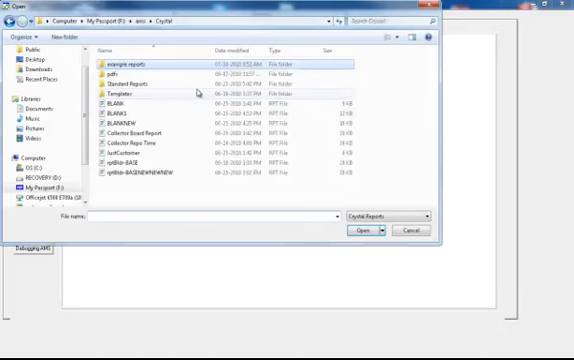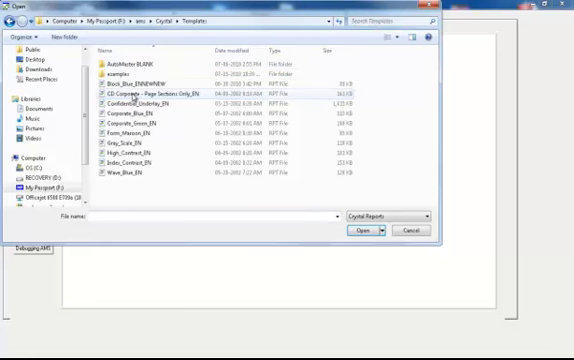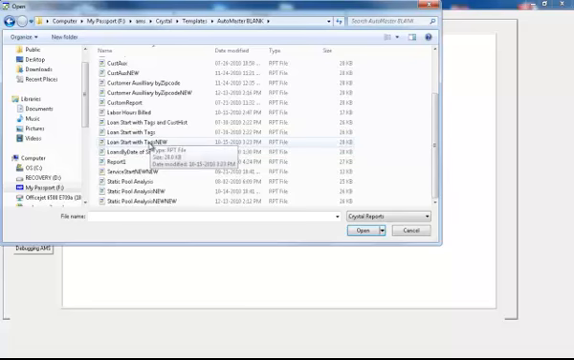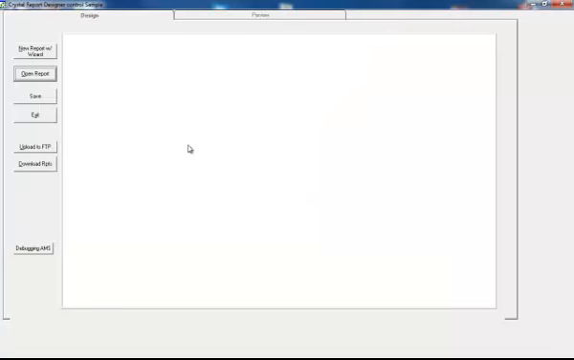So I'm going to pull up an example report here, go to my templates folder, and pull up the Loan Start New. You guys should be familiar with that. Everyone should have that on their desktop or within their templates folder. When that loads, we're going to have an option to go to Database,